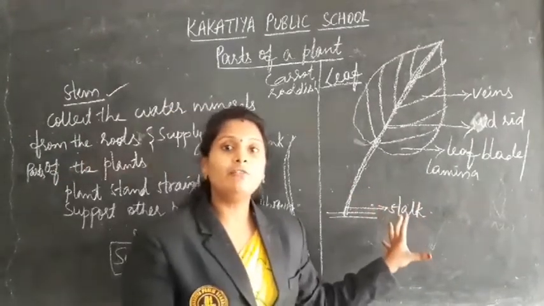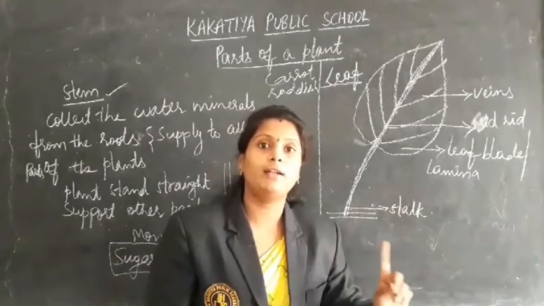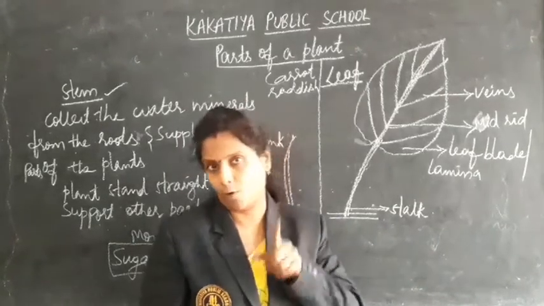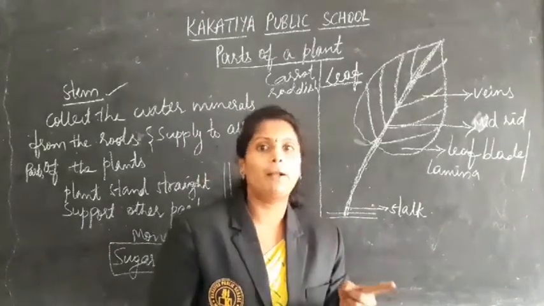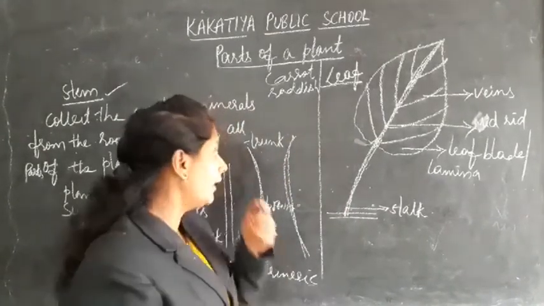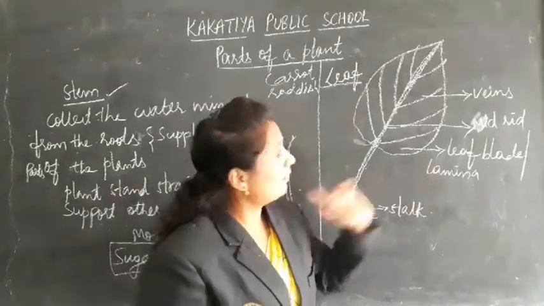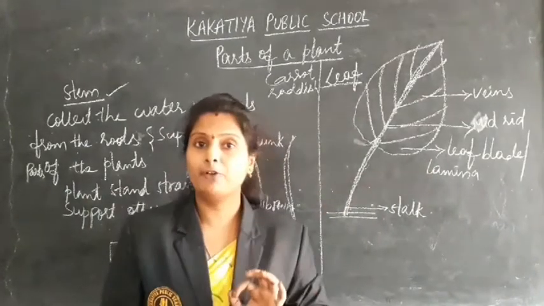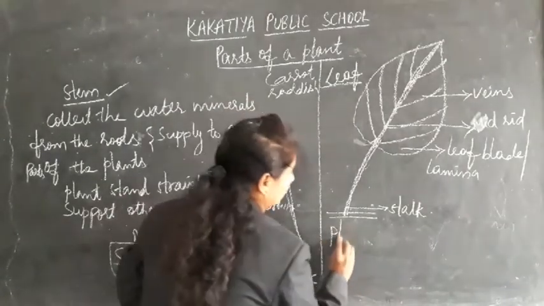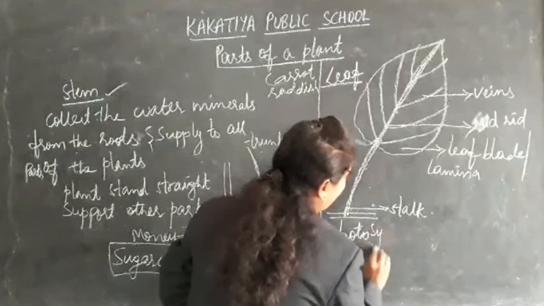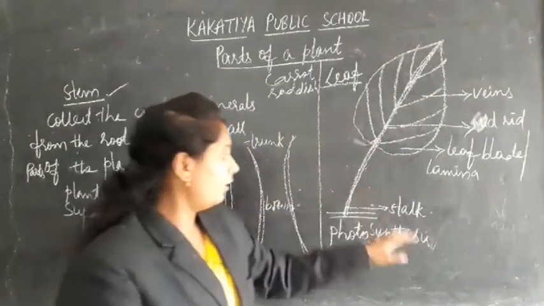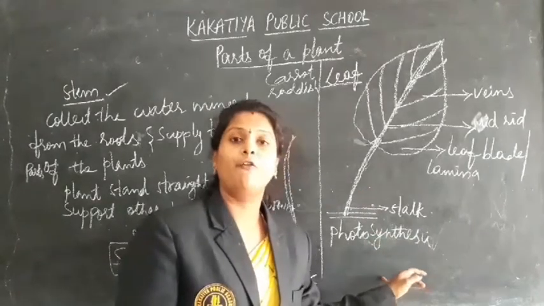What is it? You came to know that plants are the only living organisms which prepare their own food. They do not depend on any other. Green plants only. So how do they prepare it? They prepare the food in the presence of air, water, and sunlight. That process we call photosynthesis. In the last class I also discussed this with you.